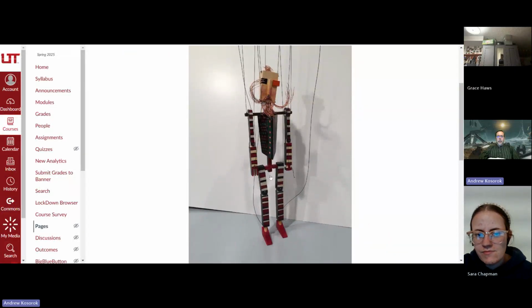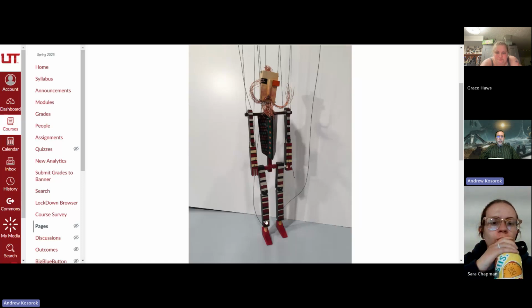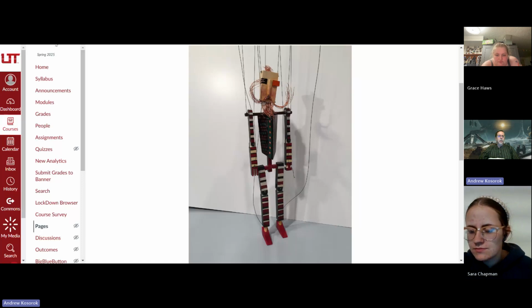Now this is a marionette that was designed. What elements can you see from it that make you think of some of the other art movements that we've looked at? And what are those elements and why do they make you think of it? One example I'll give is with these legs and the arms, with that patterning, it really reminds me of Broadway Boogie Woogie by Piet Mondrian. So very much a De Stijl kind of feel to that.